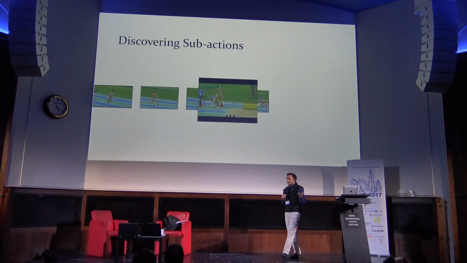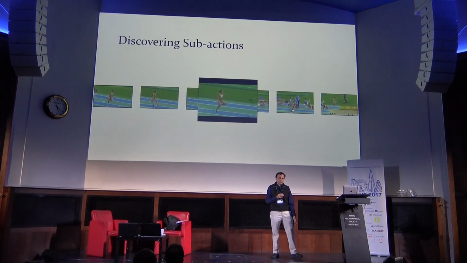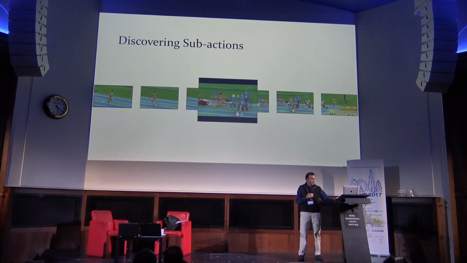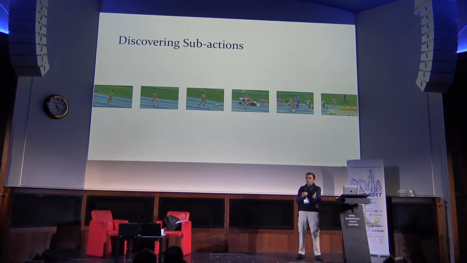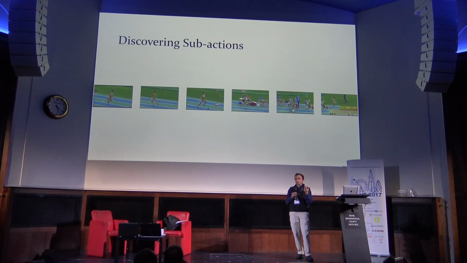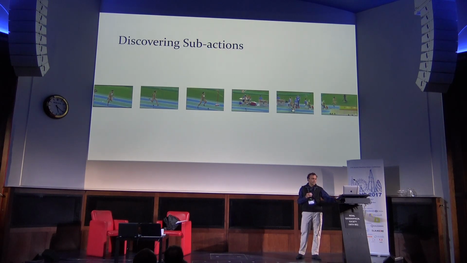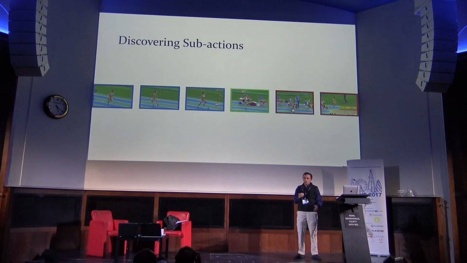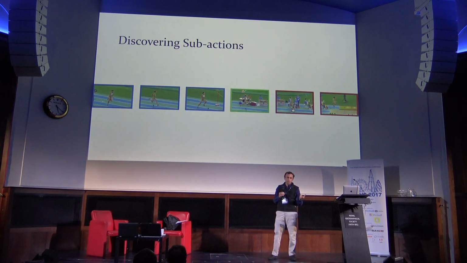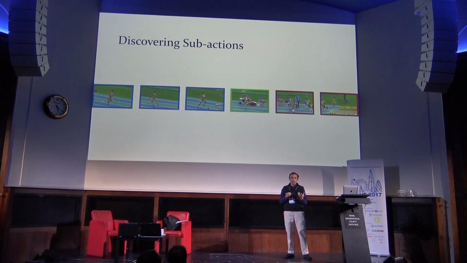So given a video like this, you first chop it up into equal length segments. These segments are each small enough that, in general, they don't contain multiple subactions, is the idea. So they're on the order of a fraction of a second. And there are enough of them that you can then assemble them together to get these parts. So in this case, we've shown you what would happen with this grouping procedure, the blue, green, and red are potential parts. Now, the parts themselves may not each correspond to a subaction. It could just be, this is what the grouping gave you.